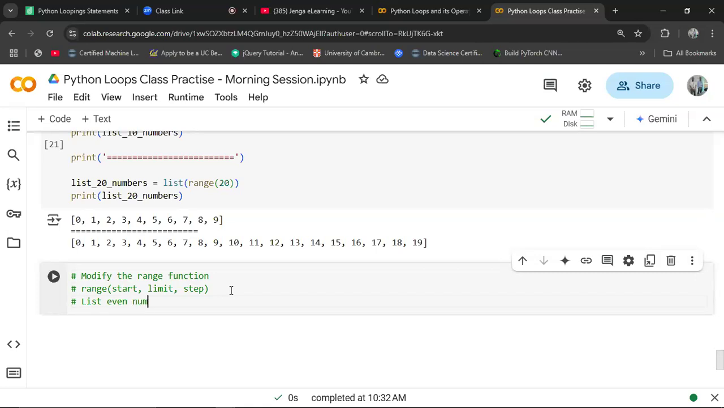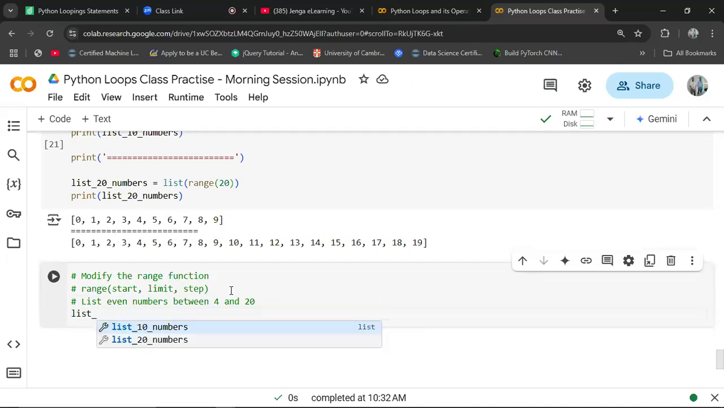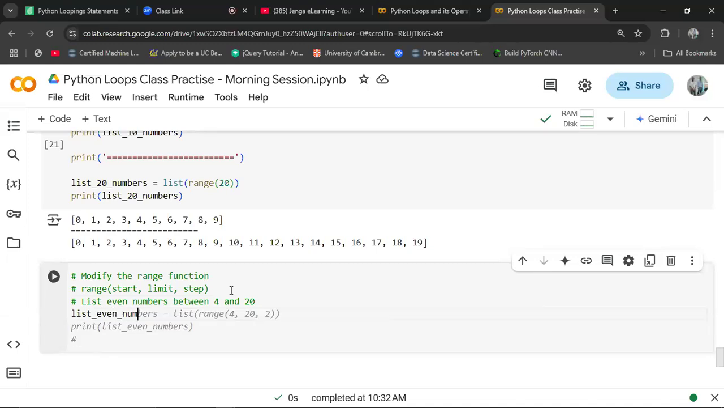even numbers between 4 and 20. Let's list even numbers between 4 and 20. So you can say list even numbers, that one. And now we are seeing that for us to reach at least even numbers between 4 and 20,